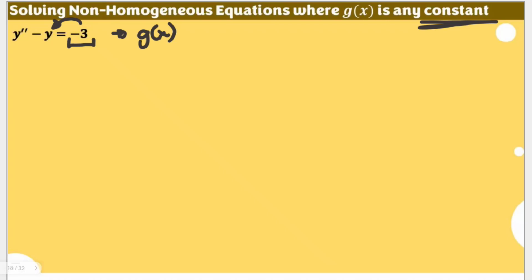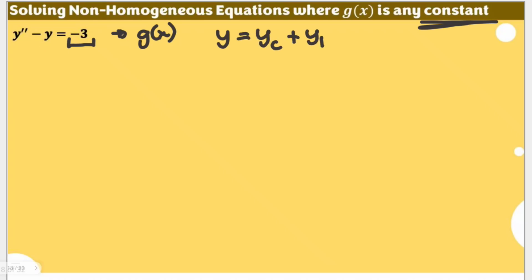The point here is, if this is homogeneous, we had the process presented in the previous videos and previous discussions. But since it's a non-homogeneous equation, we are going to use a separate method in solving for this. The general solution for a non-homogeneous higher order equation is expressed in this manner. Y, it's still y because we have here our dependent variable y, is equal to y sub c plus